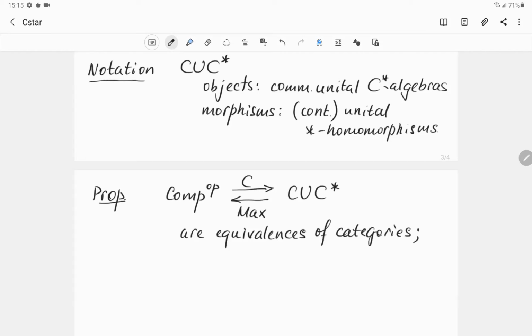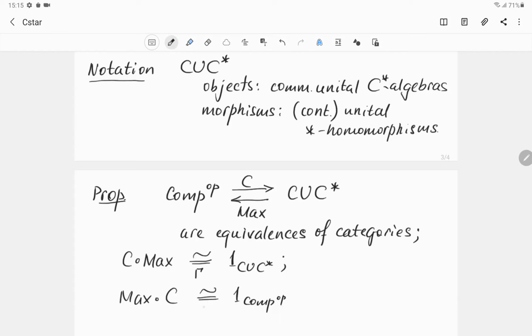And moreover, they are quasi-inverse to each other. Namely, if we compose C and max, this functor is isomorphic to the identity functor of CU C star by means of the Gelfand transform. And if we compose them in the opposite order, then the resulting functor is naturally isomorphic to the identity functor on the category of compact spaces